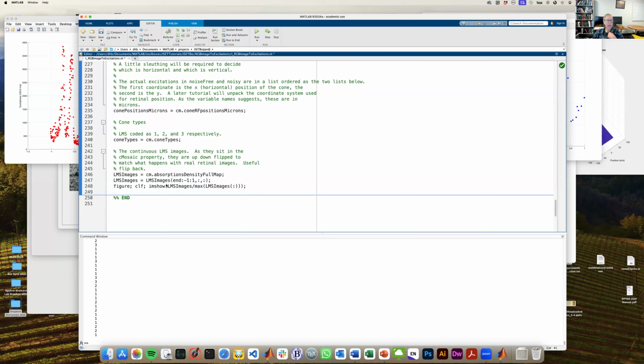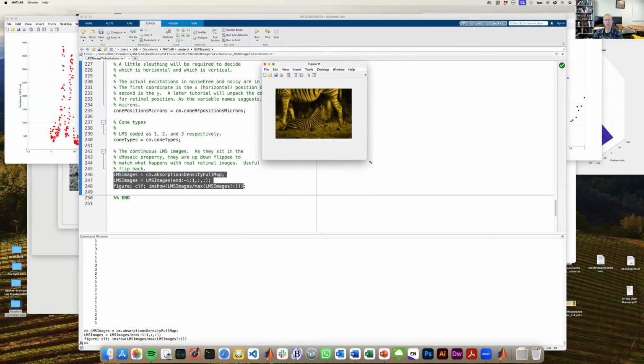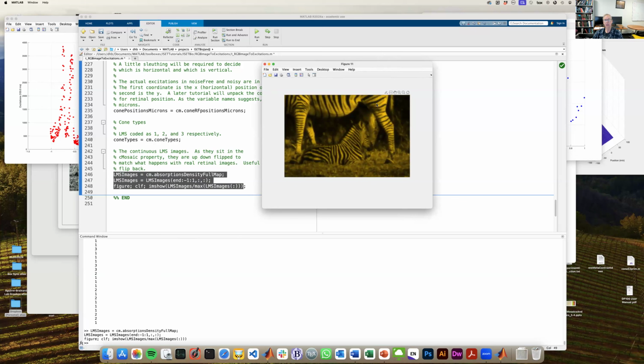And the last thing I could do here is pull out the LMS images as a density full map. So I think without the cone sampling, but with the properties of the cone absorptions, this returns them flipped up down from the way you might normally look at it. But here is a rendering of that zebra image, metameric, but with the cone spectral sensitivities taken into account, rendered